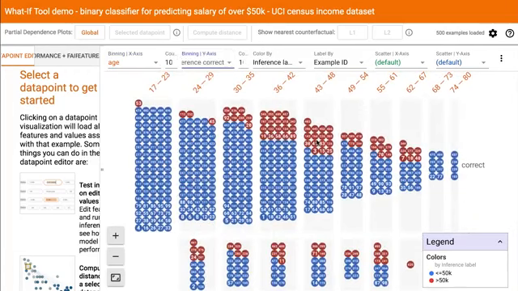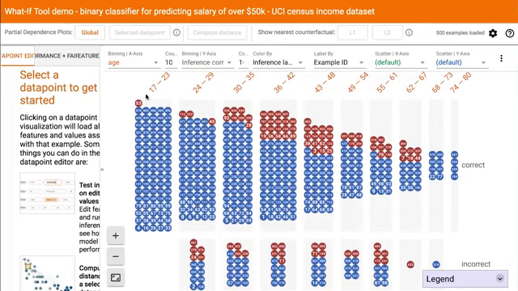Which age group has the most incorrect data points? You can get a sense of how the model performs for each age subgroup by comparing the size of one rectangle to its rectangle directly below it. In this case, you can see that the model performs extremely well for the 17 to 23 age bucket, and also extremely well for everyone above 68. But it doesn't perform nearly as well for people between 24 and 61.